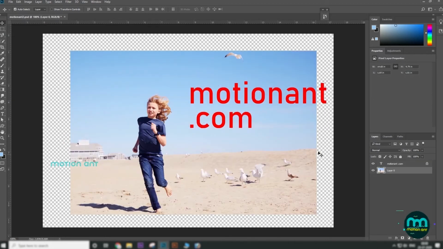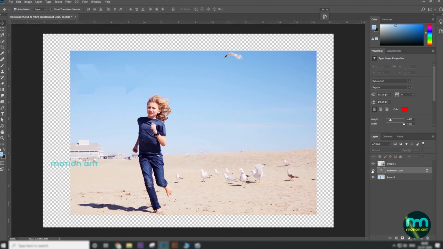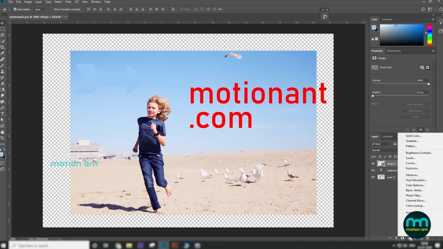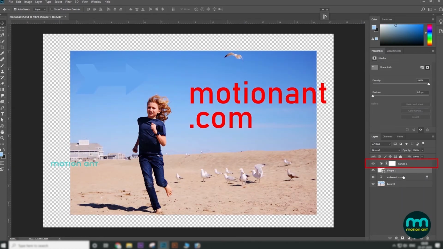The layer window lists several kinds of layers: pixel layers representing images and photos, live shapes indicating vector graphics, type layers which are related to titles, and adjustment layers that apply corrections. Let's check all of this.